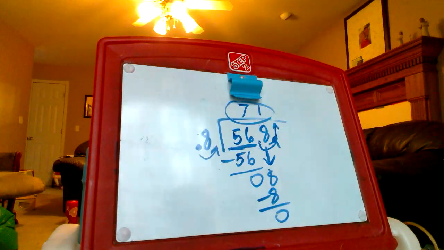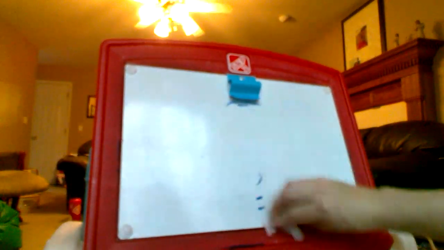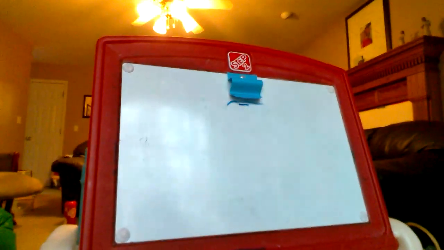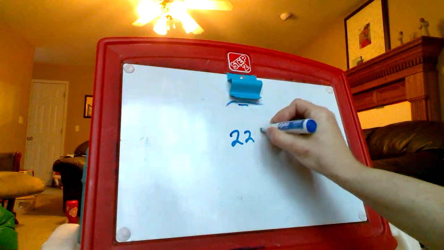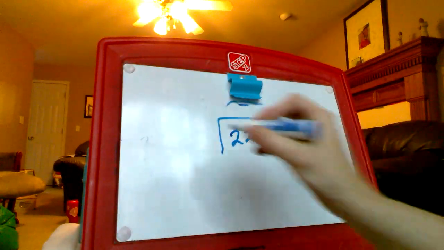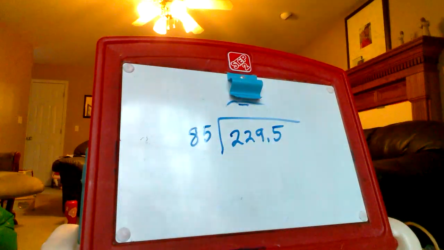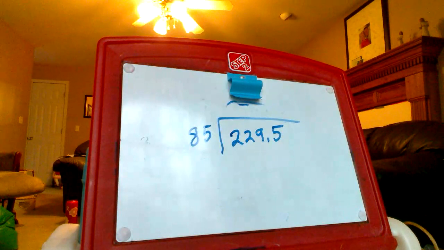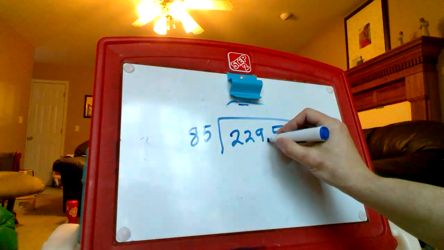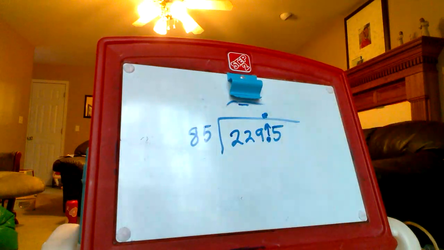For the third one, we have 229.5 divided by 85. Again, this one's a whole number on the outside as our divisor. We don't have to move the decimal at all. So over here inside the box at our dividend, we just bring that decimal straight up, and now we divide